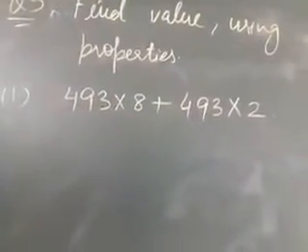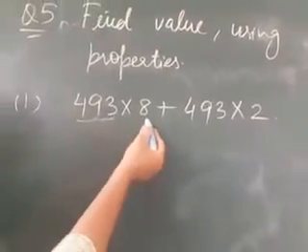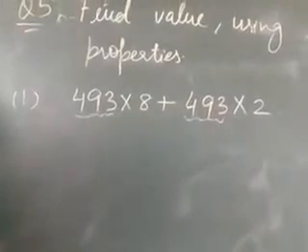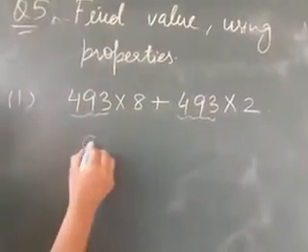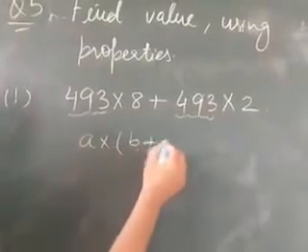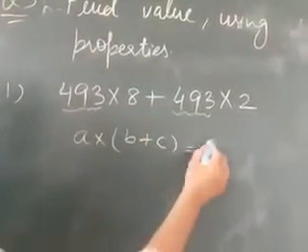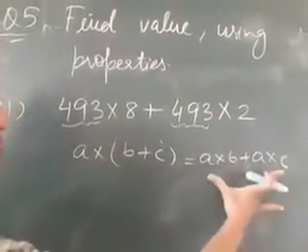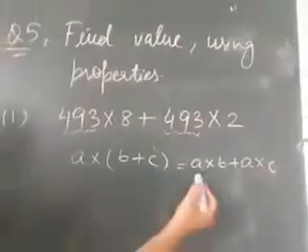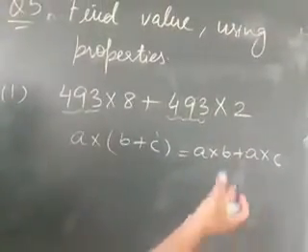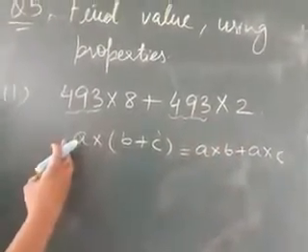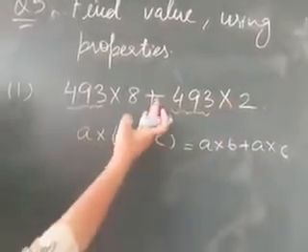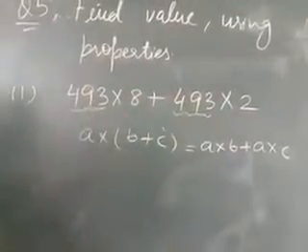Which property will we use now? This number is distributed with 8, this number is distributed with 2. It means you will use your distributive property. तो distributive property का use हमने पहले इस तरफ से देखा था, that this can be distributed to this plus this can be distributed to this. अब हम इस फॉर्म में से इस तरफ आएंगे. ये डिस्ट्रीब्यूट पहले से ही हुआ है. अब आप क्या करोगे, इसको कॉमन लोगे, उसको एक बार लिखोगे जो डिस्ट्रीब्यूट हुआ है, और जो बाकी रिमेनिंग नंबर्स हैं उनको एडिशन के साथ या फिर सब्ट्रैक्शन के साथ बीच में रखोगे ब्रैकेट के.